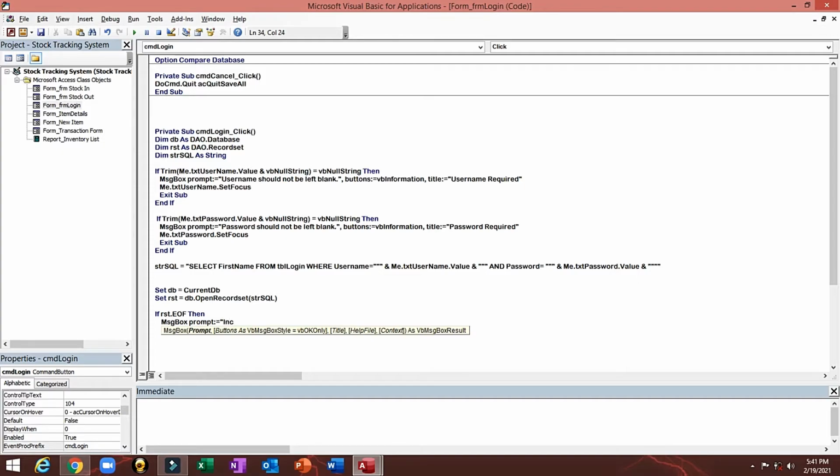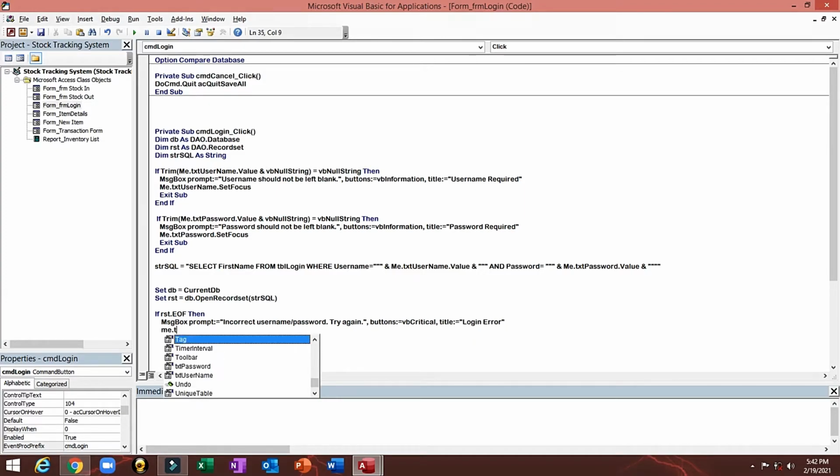So incorrect username or password, then try again. Then we'll put the button style, buttons, then equal vbCritical, then we'll put the title, then equal login error, then again we'll put our focus on the username, set focus, then else,